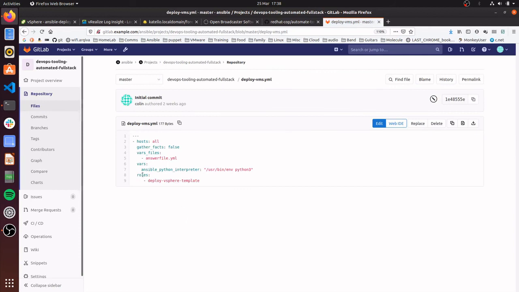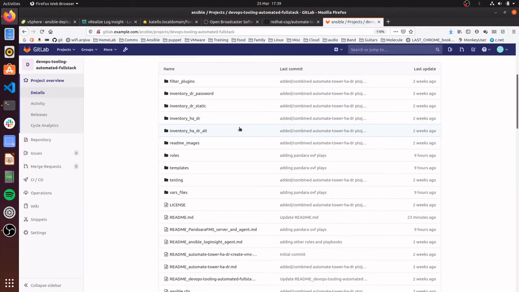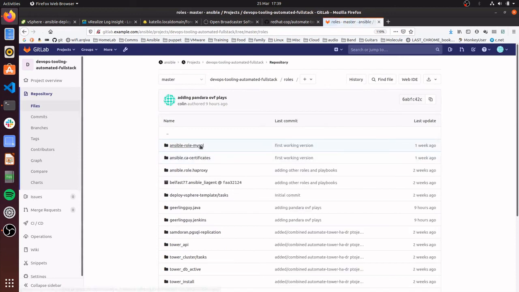It's going to use the role deploy vSphere template. So if I go here and then go to roles, deploy vSphere template,